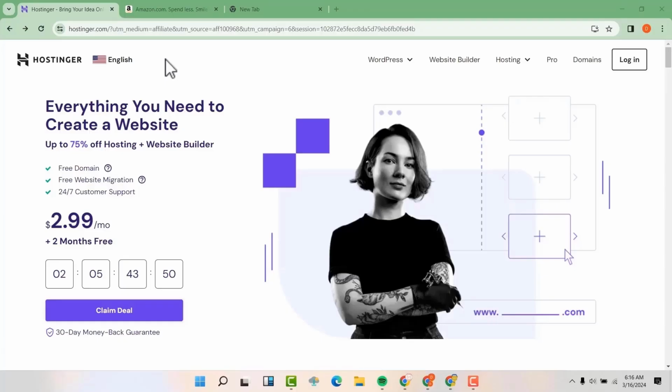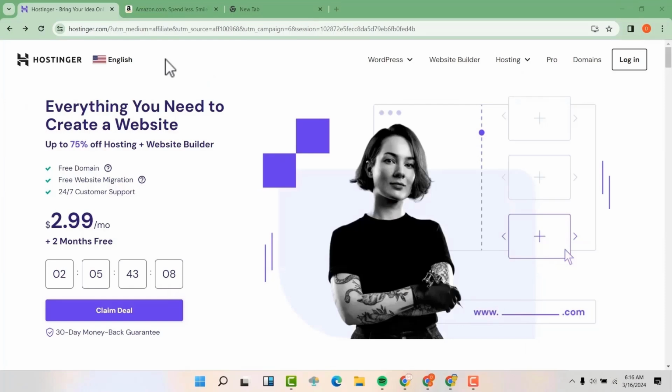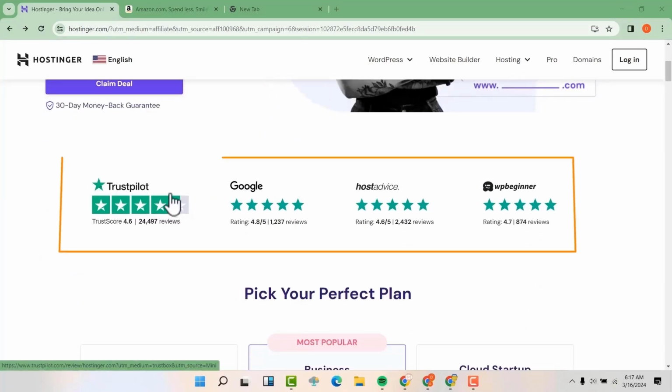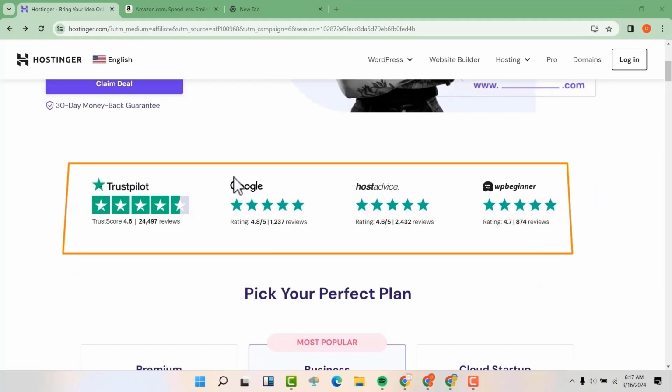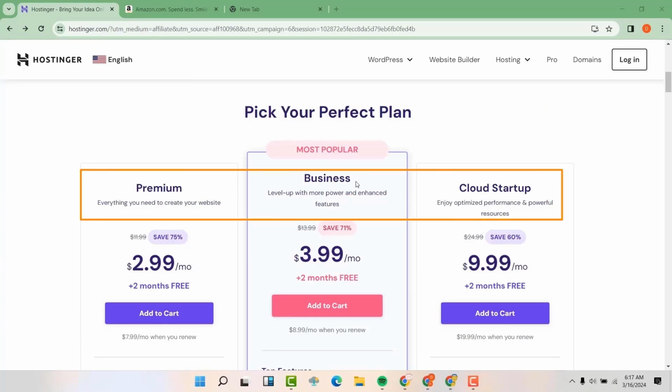There are thousands of hosting companies or hosting providers. In my 10 years of creating WordPress websites, I have interacted with many, but a few are worth consideration. Now, we'll be using Hostinger, a company I found to be really good and affordable for hosting with some of the best deals. You can really see we have a very good rating from different places like Trustpilot, Google, and others. If you scroll down, you can see the 3 plans available. You can choose any based on your budget.